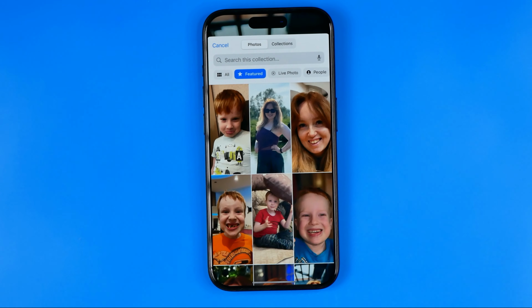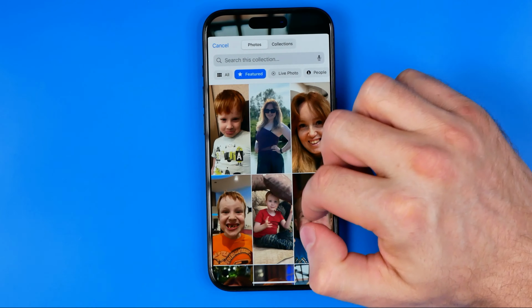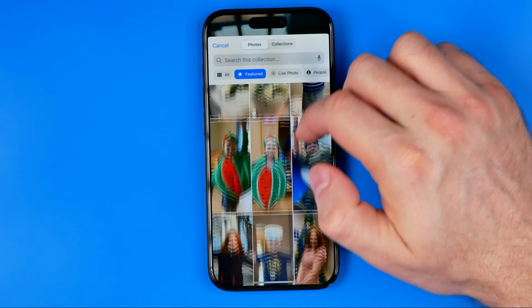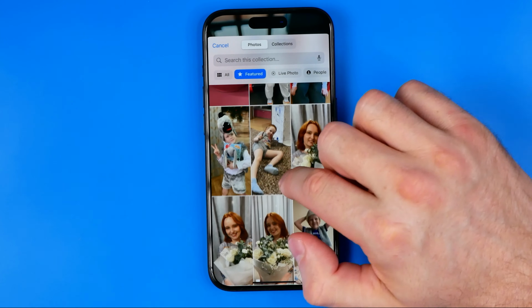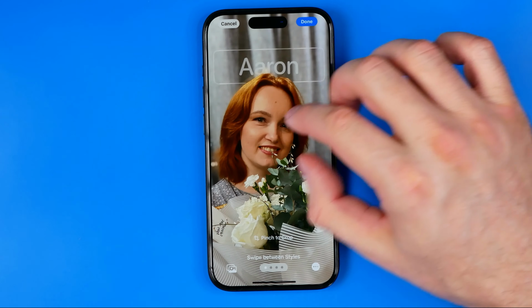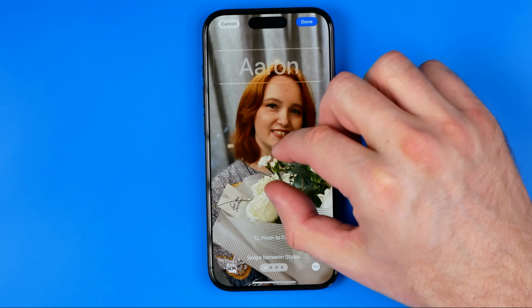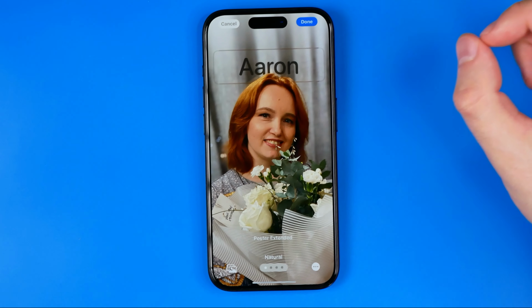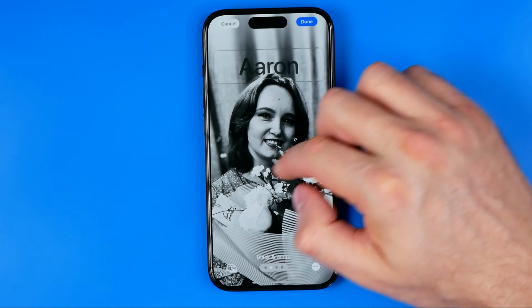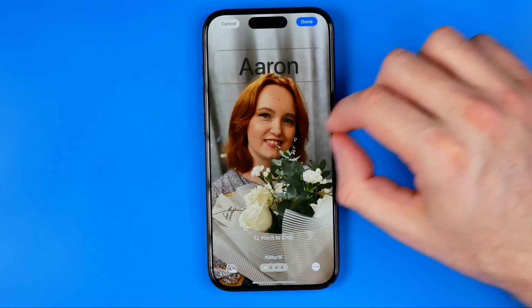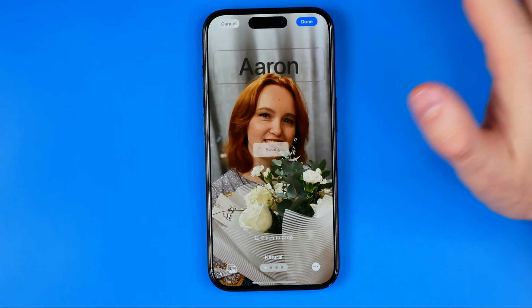That will open up your camera roll, and from here we can choose different one. Let's say that one, why not? After that, in the same way, we can resize it just like that. We can set different filter here, and then just hit at done,